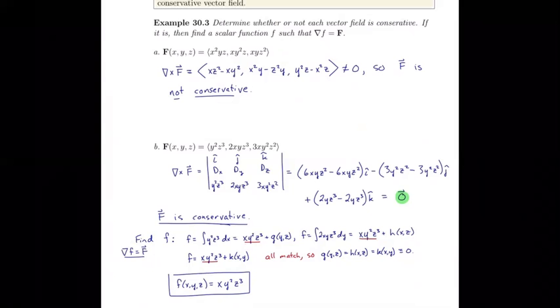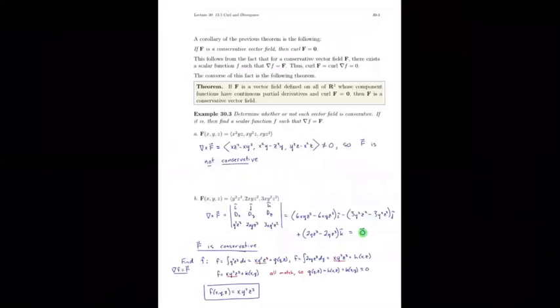Okay, so determining whether or not a vector field is conservative, and then finding the scalar function which is equal to that vector field in gradient. Okay, so we'll move on,